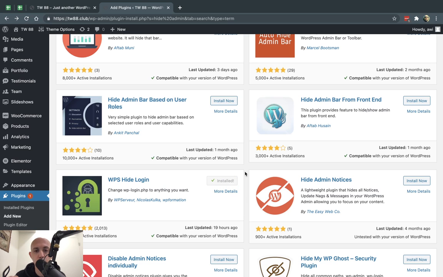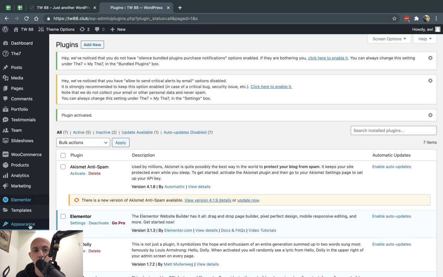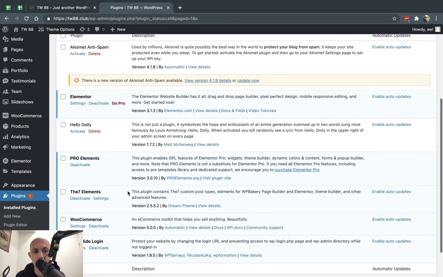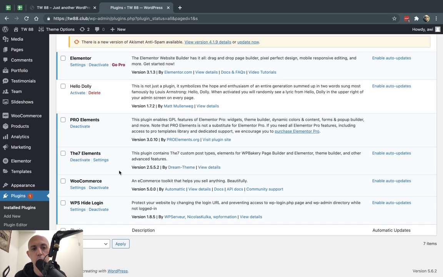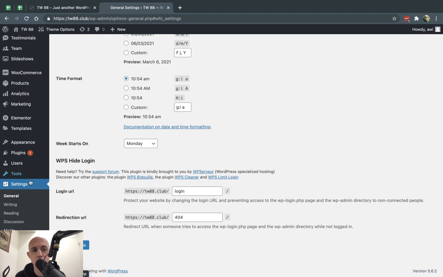And we've added one more thing for security. So I'm going to activate it right now. And once you activate it, it's going to be inside your installed plugins. Okay, so you can see right here, you have your WPS Hide Login. So you can go here at any time, go to plugins, installed plugins, and you're going to click here on settings. Okay, perfect. So now if you notice here in the settings, you have this WPS Hide Login.